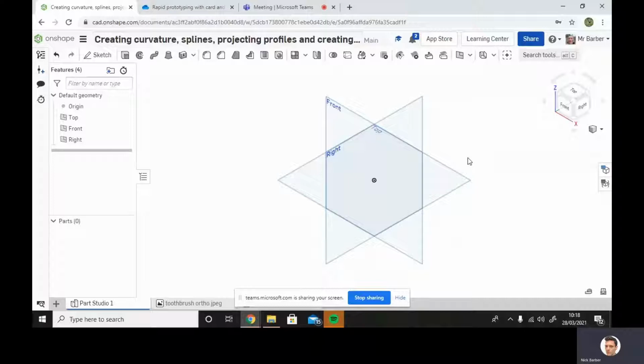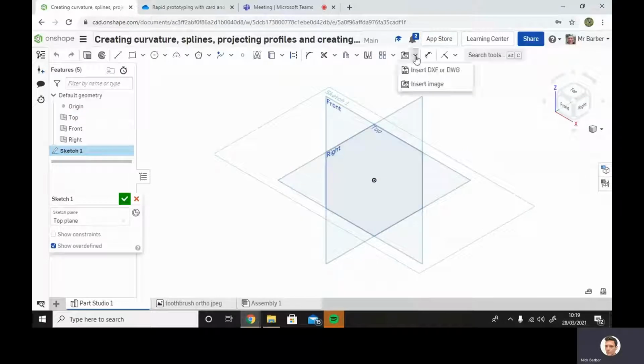So the hand techniques are still totally relevant and still used within design technology and design development at this present moment. What we're going to do is import the sketch that we've created into here. We're going to look at it in a top view and a front view, and then we can draw those sketches, those profiles, and project them together to create a 3D shape or form. So I'm going to do top view, create that as a new sketch, and